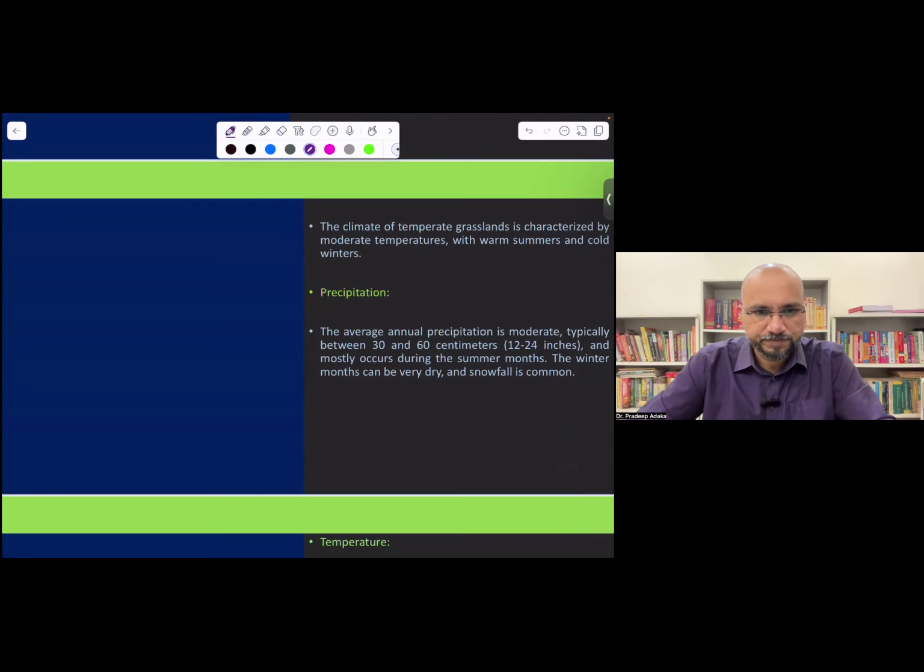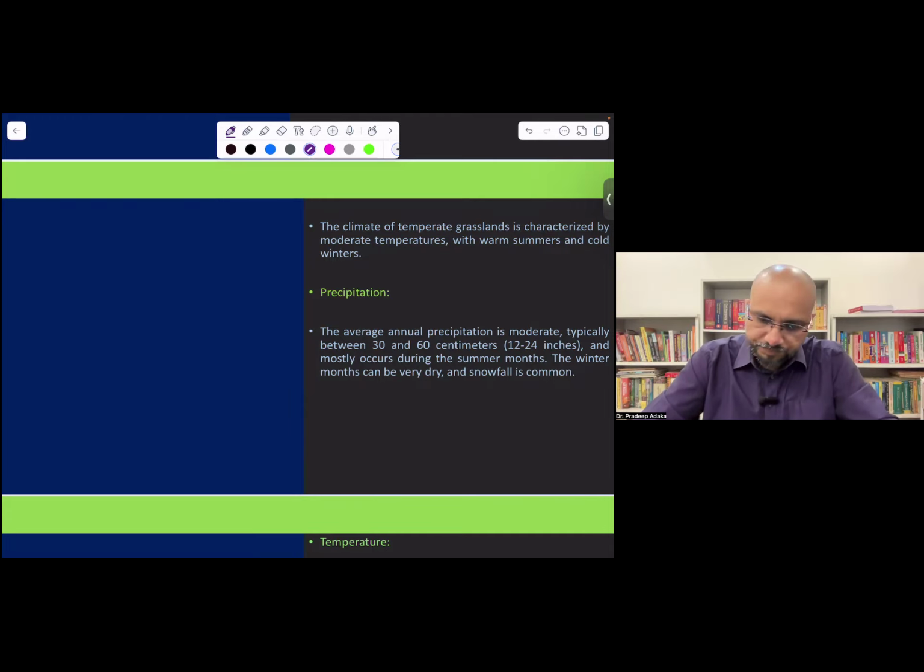Just find it, Land and People, you will get it. Many PDFs have been uploaded by people, so you will get it easily. Just type Land and People 6th class, Land and People 7th class, Land and People 8th class, and you will get it.